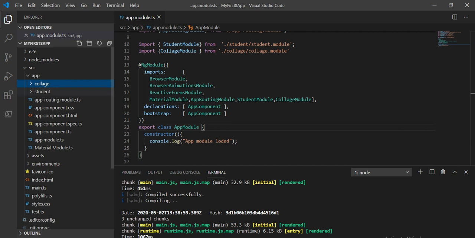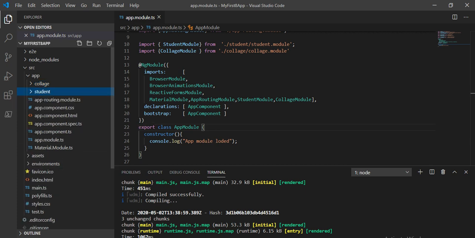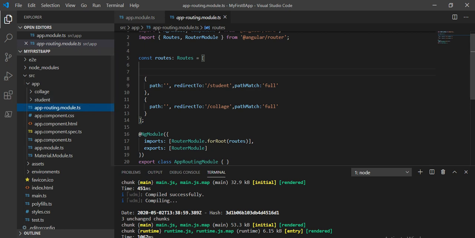The same we did for student, with one module file, one routing file, and the student list. In app.module.ts we have given the reference for both modules, student and college. And in the app routing we have given this path and the redirection.